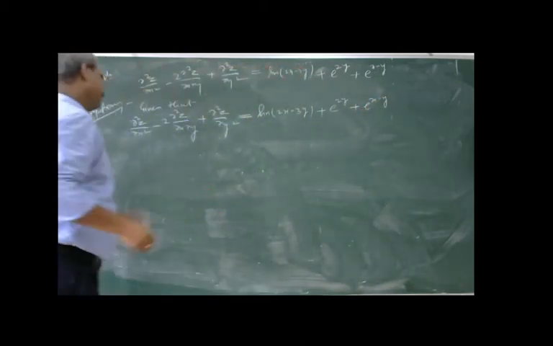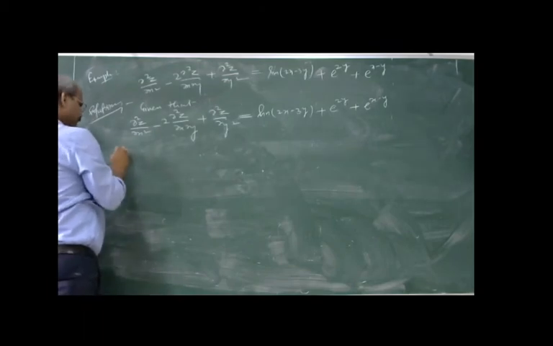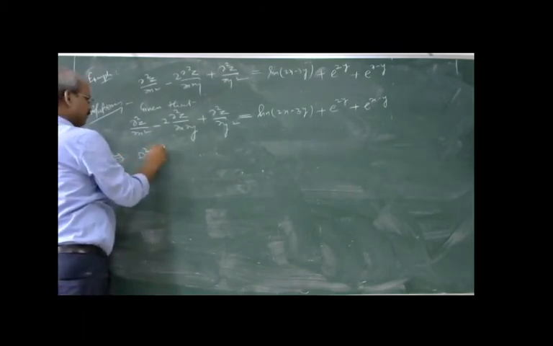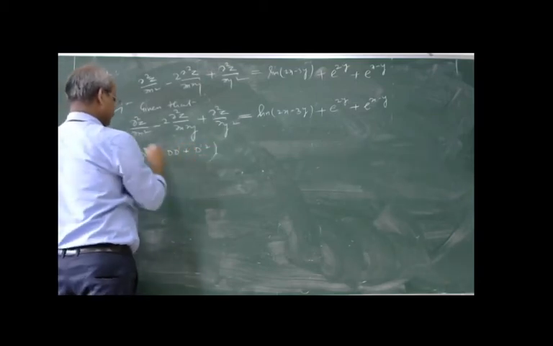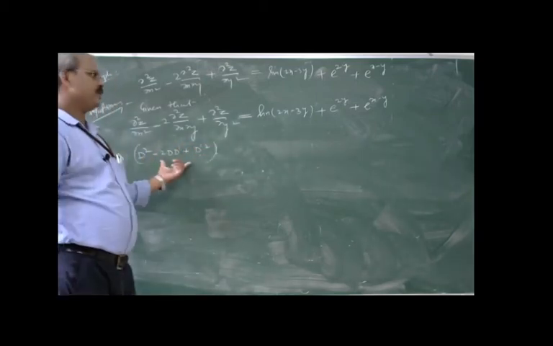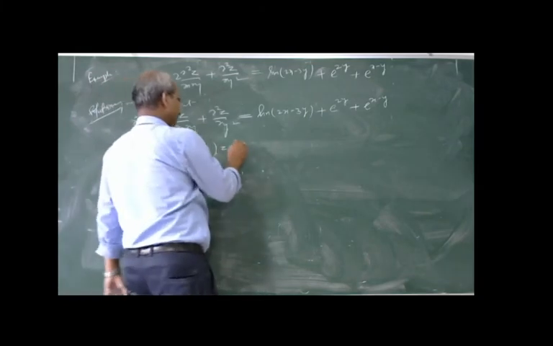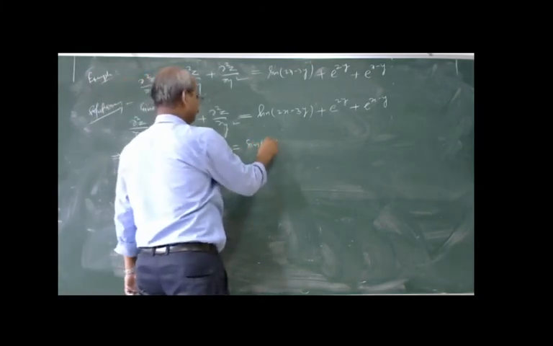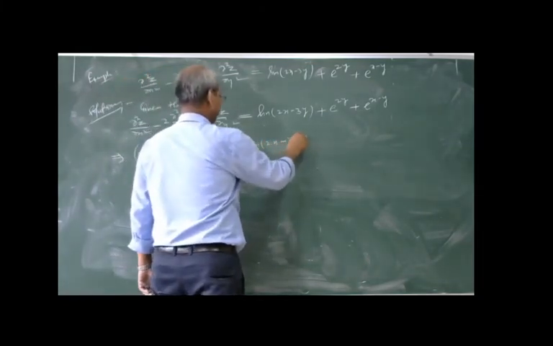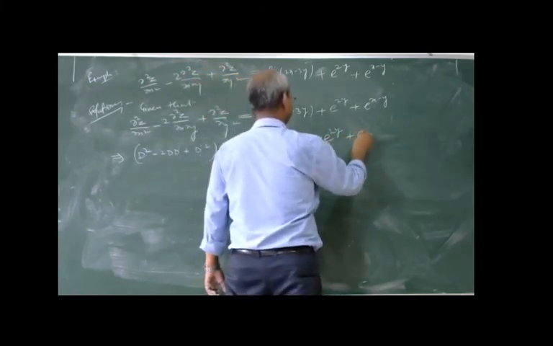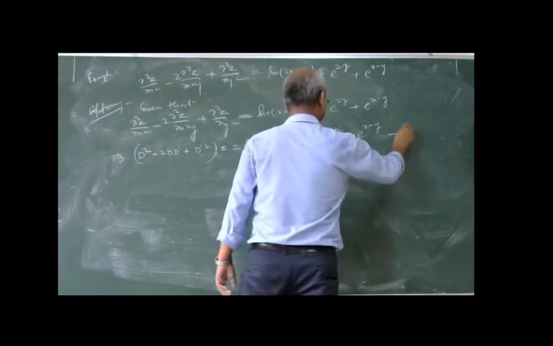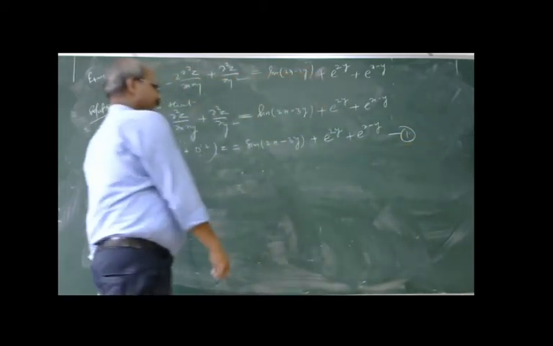So change this equation into this form: D square minus 2DD dash plus D dash square, which is equal to sine 2x minus 3y plus e to the power 2y plus e to the power x minus y. This is the first equation. So now